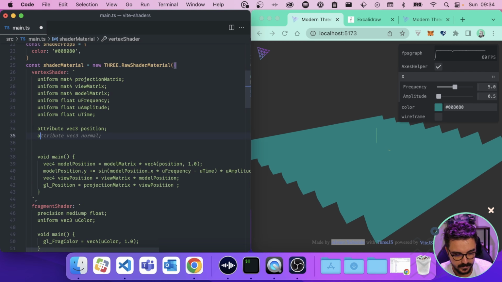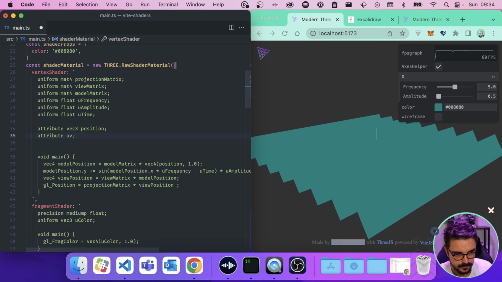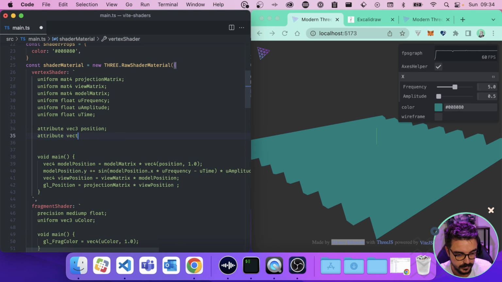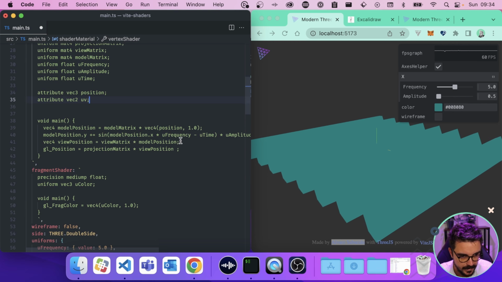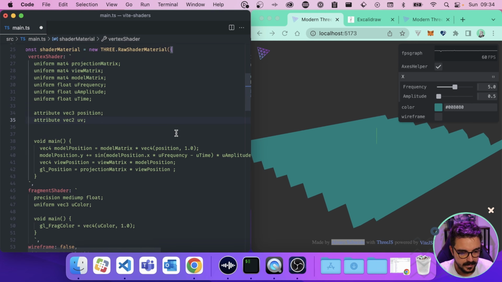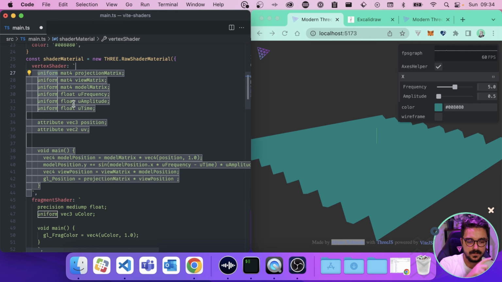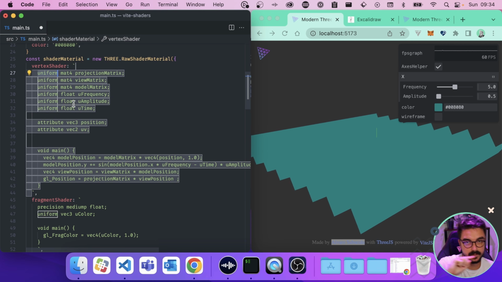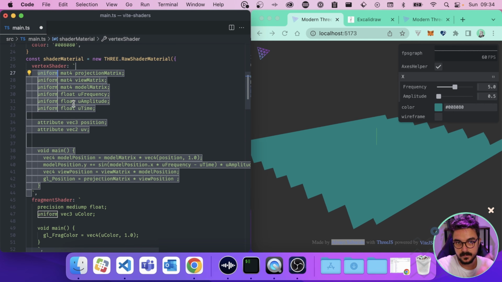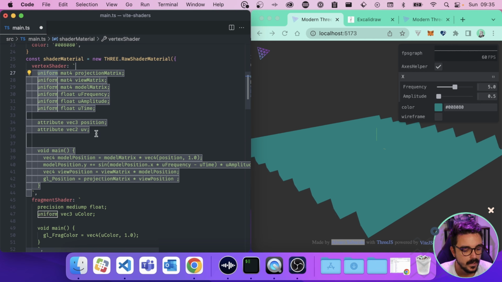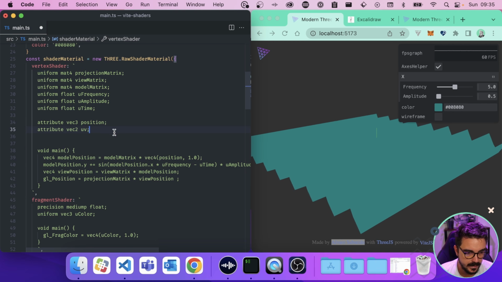So here we can say attribute is gonna be UV, no, it's gonna be a vec2, sorry, UV, okay? And something cool that we're gonna do is that, as we have uniform as a specific way of passing data from JavaScript into our vertex shader, we also have one to pass things from the vertex into the fragment shader, which is called varying. Okay, so we need to define a varying here.